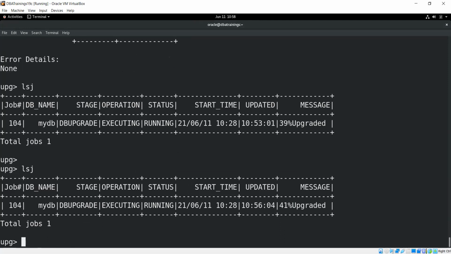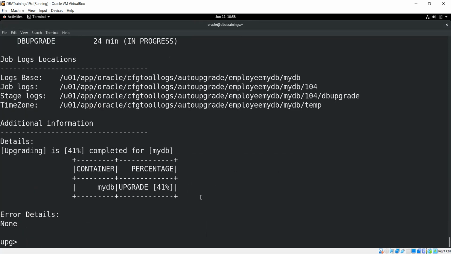So now it's 41%. And once it is finally done, it will also show you the logs. From there you can read what time, and if there is any error, you can see the error details. If there is any error, that will also be shown.